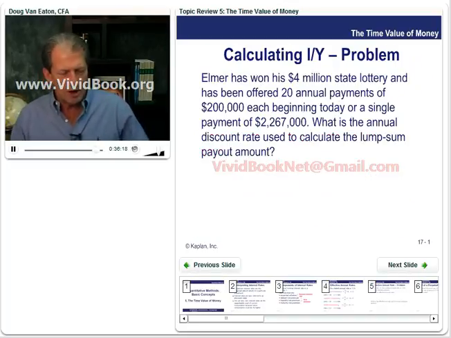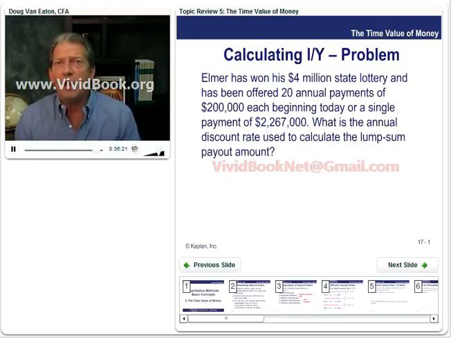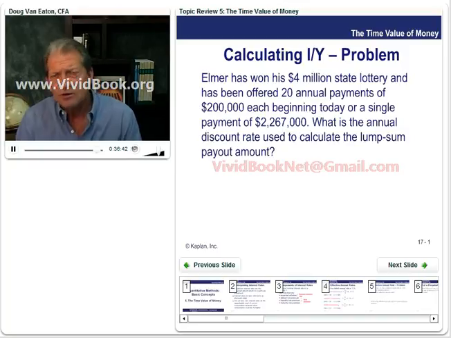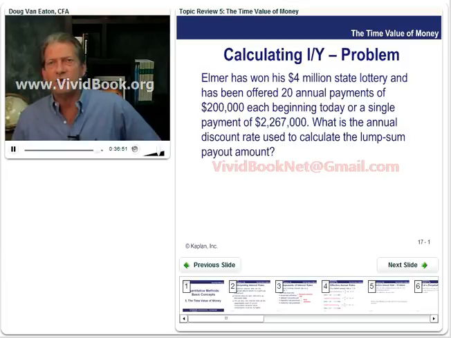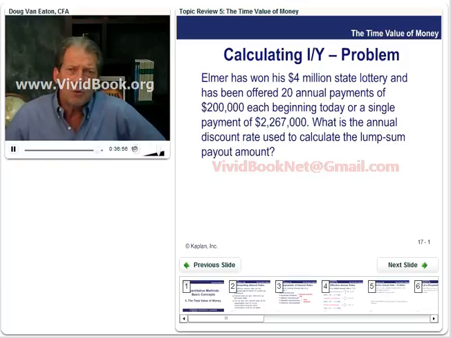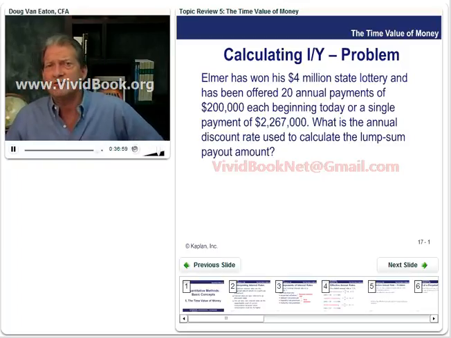Okay, let's look at another problem here and apply these concepts. Elmer's won a $4 million state lottery. He's been offered 20 annual payments of $200,000 each beginning today, or a single payment of $2,267,000. What's the annual discount rate used to calculate the lump sum payout amount? So some lotteries give you the choice when you win. That's nice. You can take these 20 annual payments of $200,000 each beginning today, that's an annuity due, or a single payment, a lump sum. So now we want to know, well, what discount rate are they using to claim the present value of this annuity is